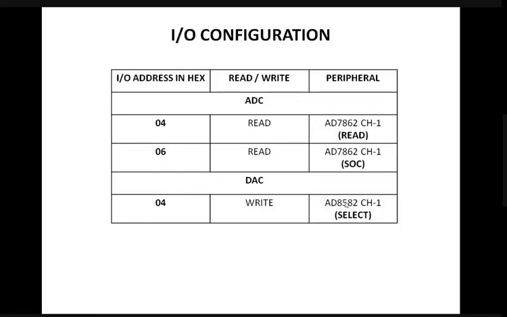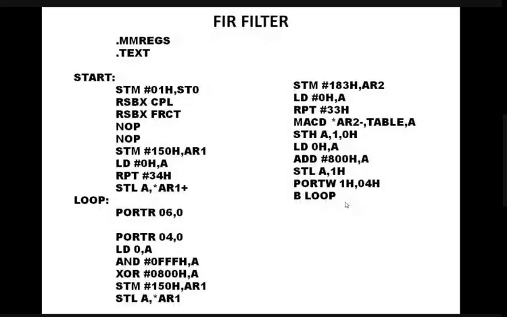Okay. Now we are going to do the real-time convolution. This is very important. Real-time convolution with 8,000 samples per second, something like that. And instead of microphone, for convenience, we are using signal generator. And instead of loudspeaker, for convenience, we are using an oscilloscope. Then only we can vary the frequency, and then we can check whether the low pass filtering is happening, high pass filtering is happening, band pass filtering is happening, band stop filtering is happening or not. That is what I need to understand.